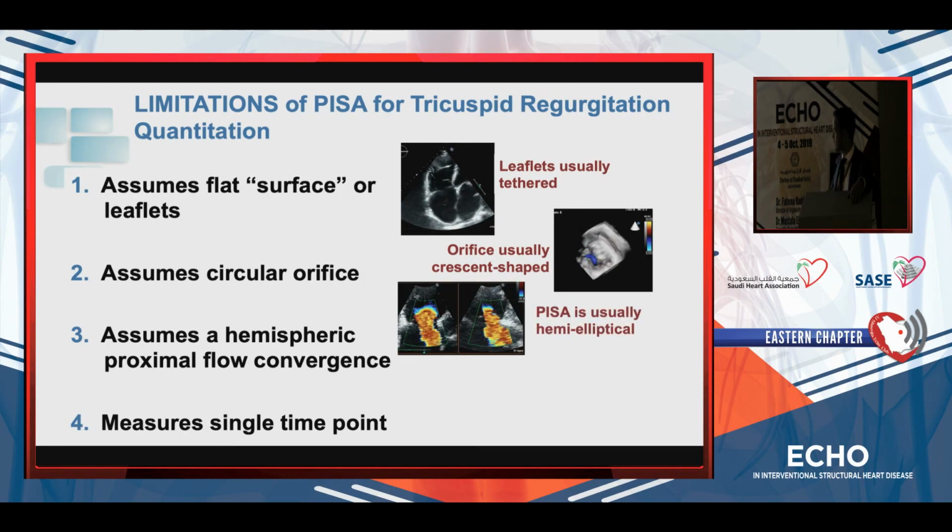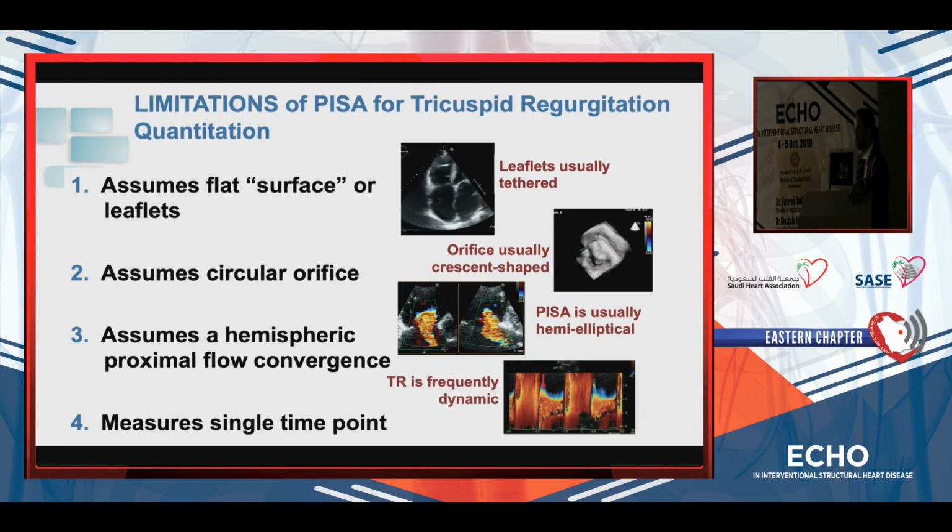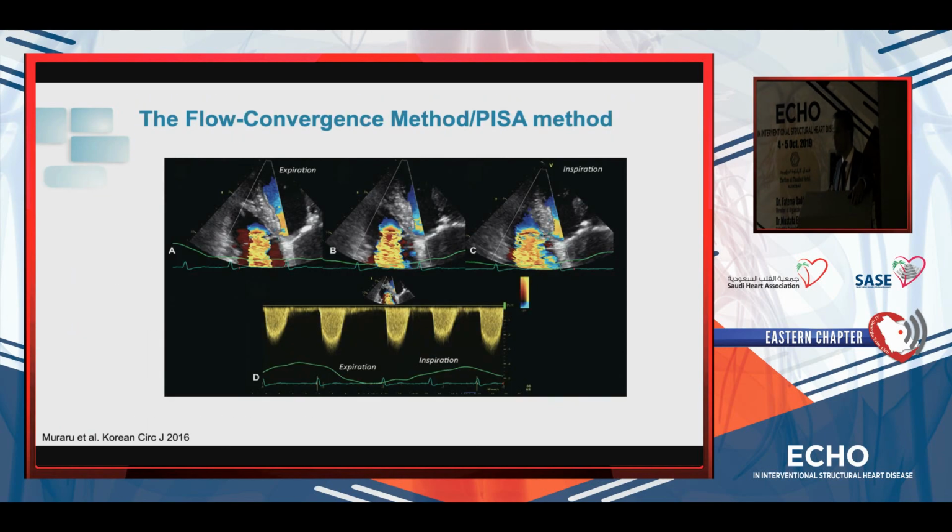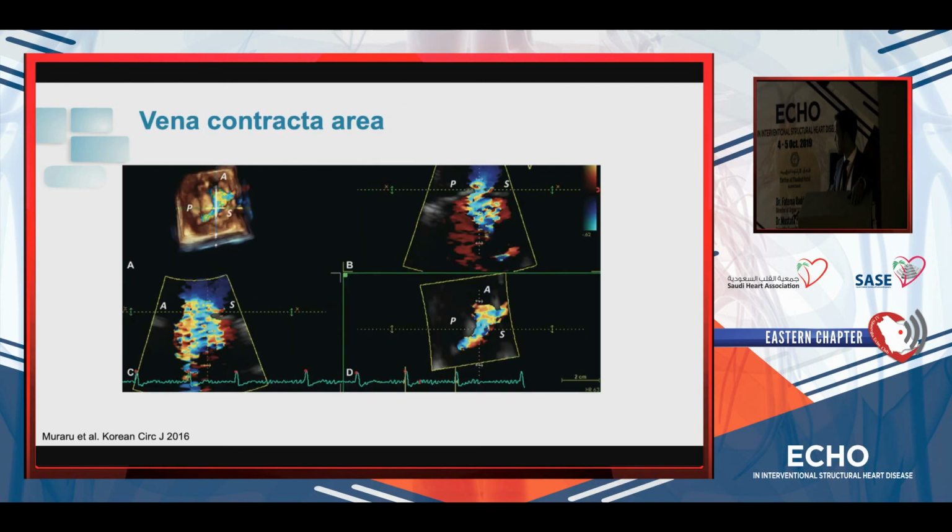It assumes a hemispherical PISA, but again, it's frequently not hemispherical. And it measures the PISA in just a single time shot, and you know it's a dynamic phenomenon, as we see in the mitral valve regurgitation as well. Also inspiration and expiration really change the amount of tricuspid regurgitation when looking at the PISA. So finally, what I would recommend, if you have 3D capabilities, is to go for the 3D vena contracta area,